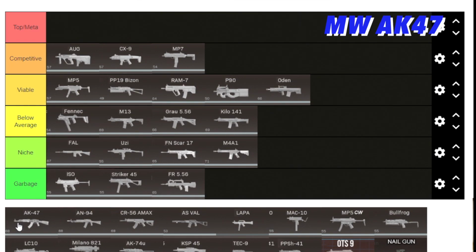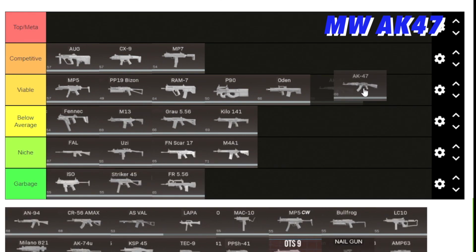The Mara for AK-47 is sort of a little bit version of the M13, Grau, and Kilo as a sniper support, not as a long range AR. I want to make that clear. Those are all much better and definitely better than below average, but this Mara for AK is probably a viable sniper support because you get a decent TTK up close and a decent one at long range. The mobility isn't great and the accuracy is a little bit harder to use, but you will stand a chance fighting against other